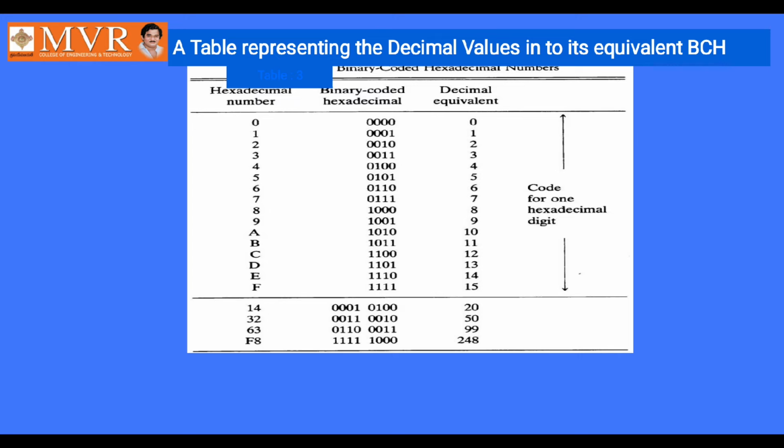Very simple. Converting hexadecimal to binary coded means each single digit will be written as its binary value. If there are 2 hexadecimal digits, there will be 8 binary digits. If there is a 3-digit hexadecimal number, there will be 12 binary digits. That is the only way we represent binary coded hexadecimal. So we have briefly revised the previous discussion before starting the actual topic.